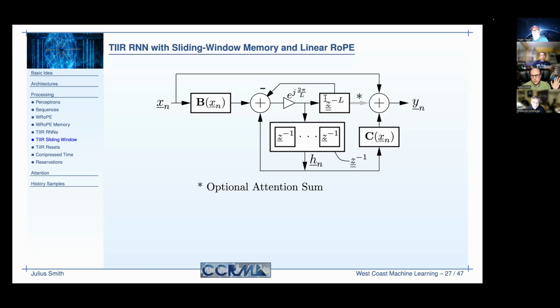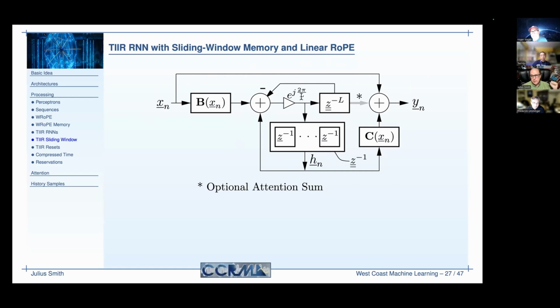This is just a circular buffer, and you just need the storage. There's no actual computation. So your input comes in, it gets multiplied by your input gating matrix, and here's the skip connection, and it's just one because we know better. It would normally have a D here for the D matrix in a standard state space model. And so you go into the summer that adds to the hidden state, and then you can linearly rope it,